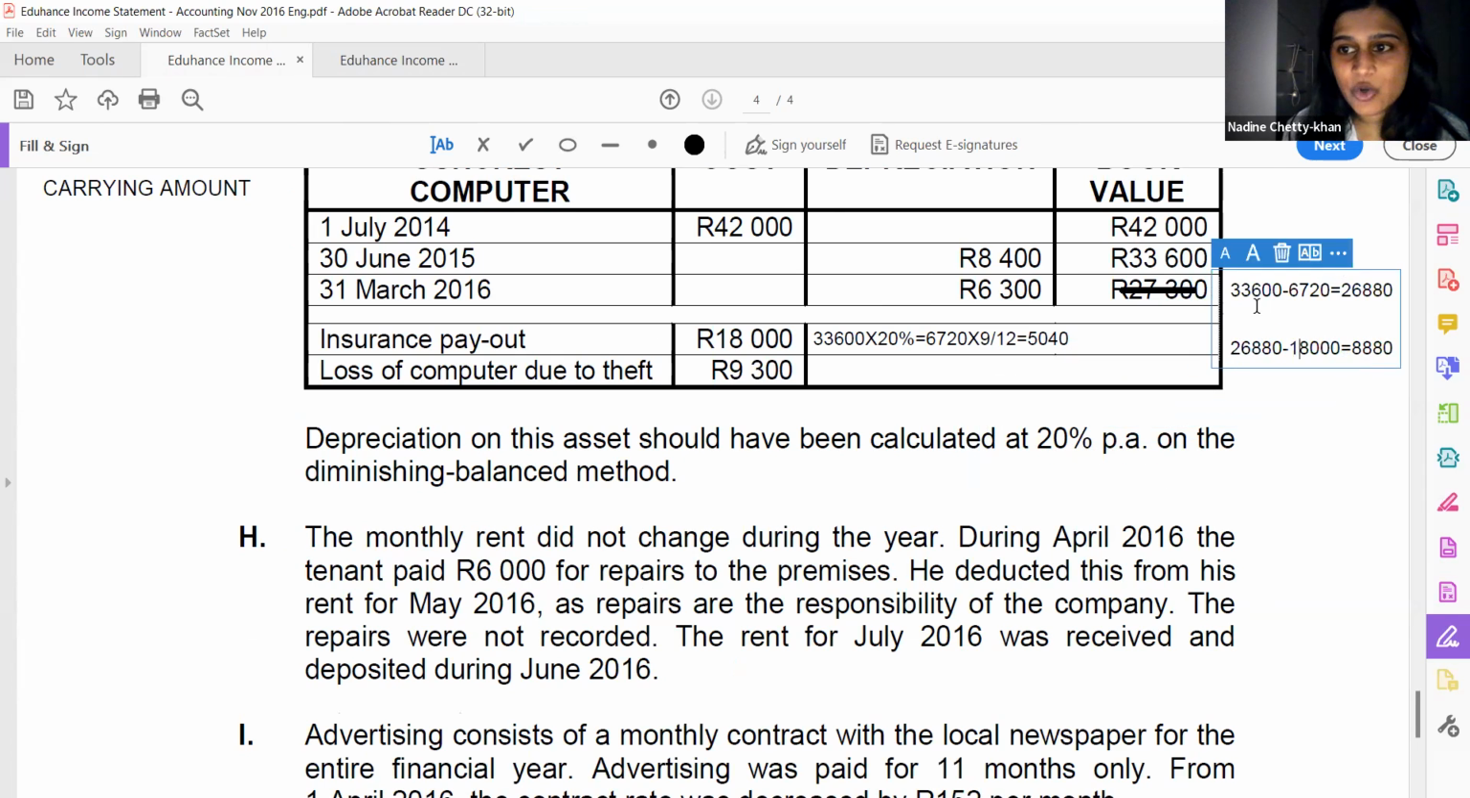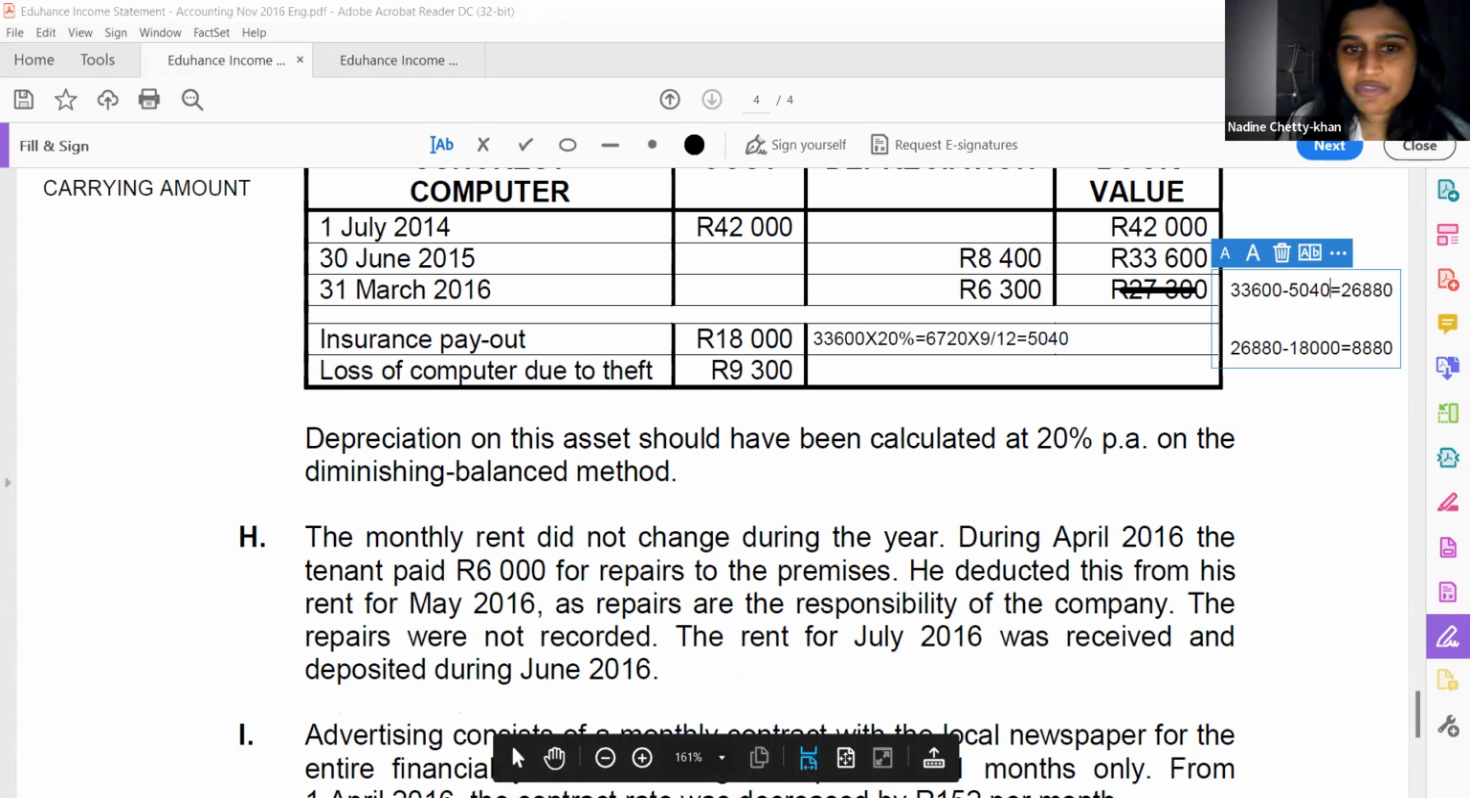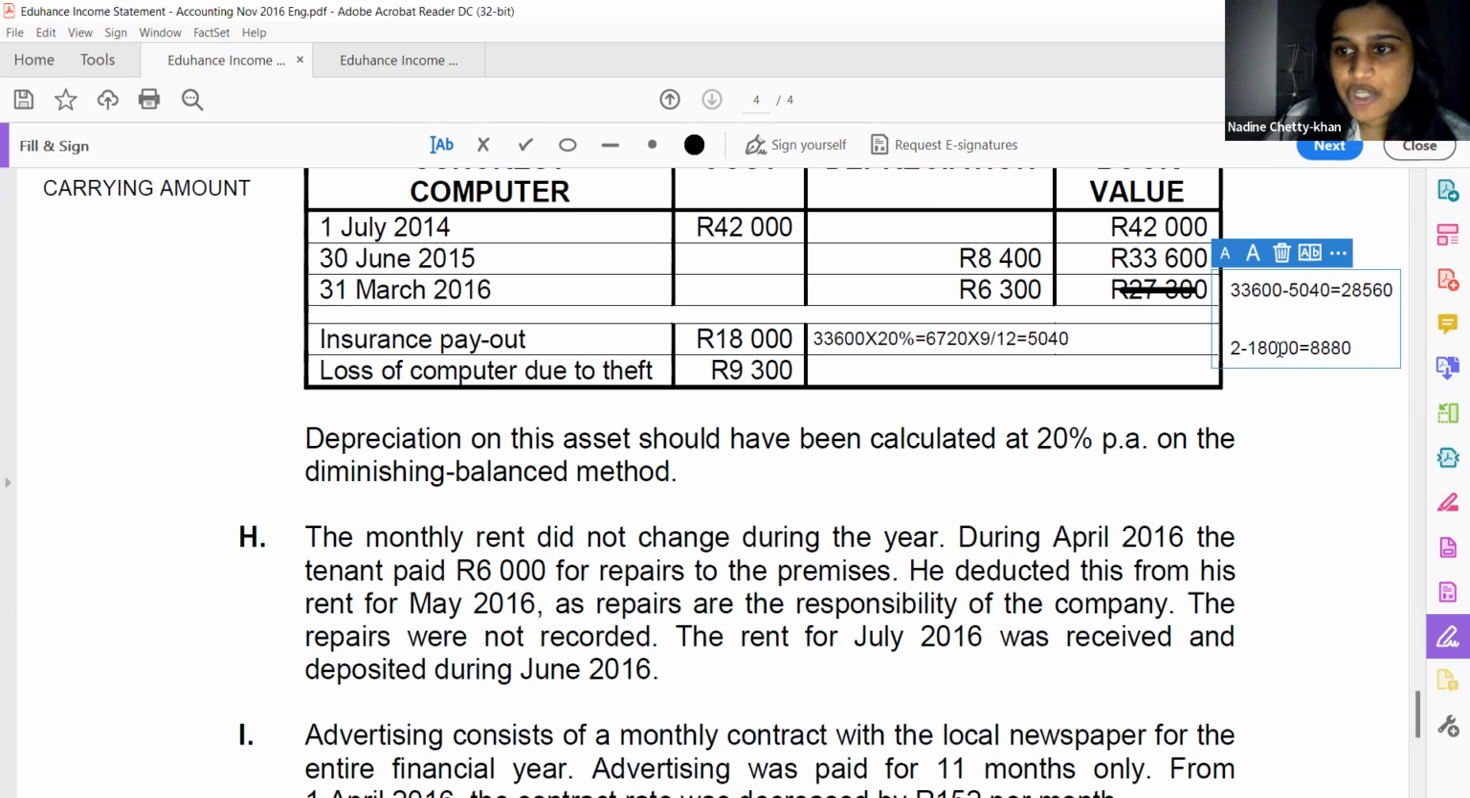And here it is on the right-hand corner. So if we take out our depreciation for the year, 5,040, from our carrying amount of 33,600, we are left with a new carrying amount of 28,560. Okay. If we subtract that 28,560, which is what our asset is worth, versus how much we got, then our new,